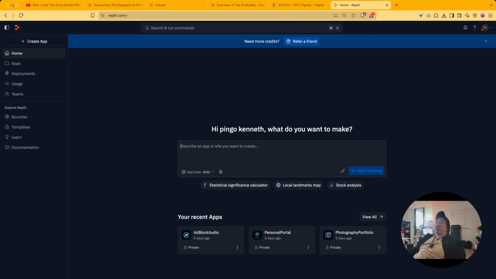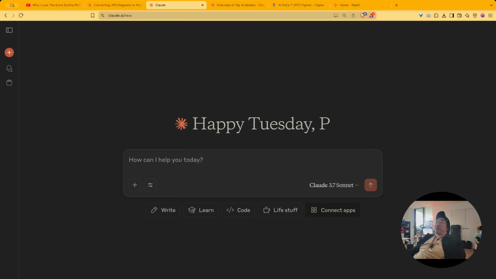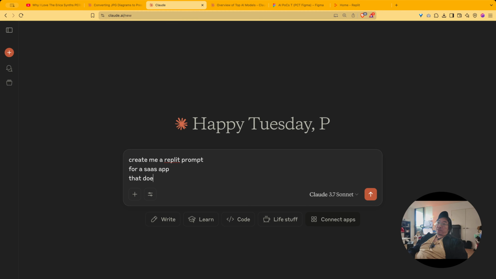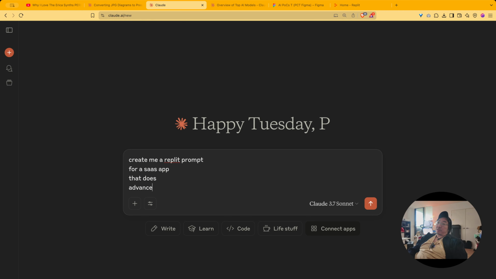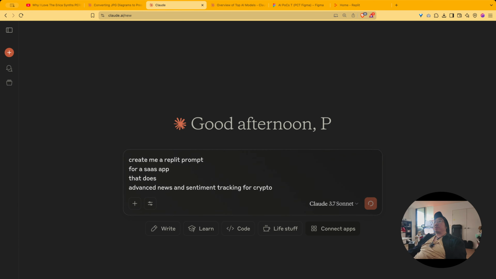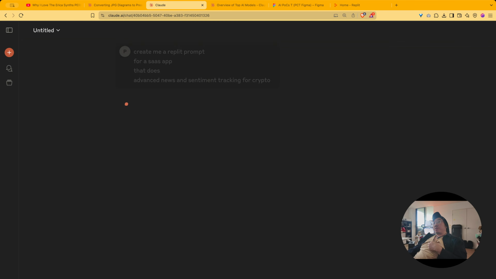So you basically enter in your prompt right here, and actually it helps if you do this little trick. Create a Replit prompt for a SaaS app that does advanced news and sentiment tracking for crypto. Let's just try this. So basically,